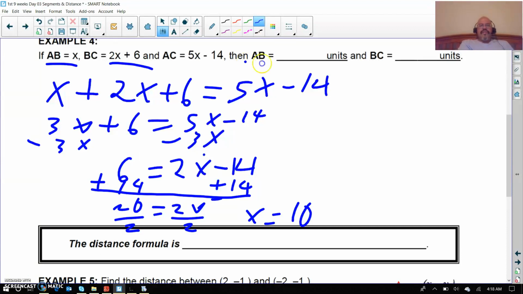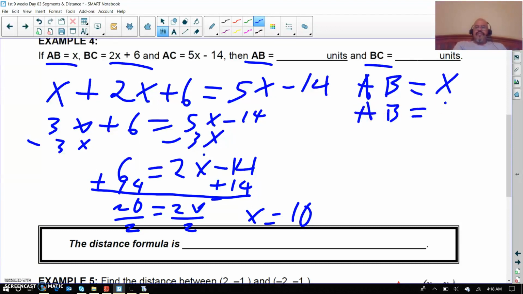Now right here, we're going to be answering these two parts. They're asking what AB is and BC. So AB is equal to X, so AB is equal to 10. And BC is equal to 2X plus 6. So we have 2